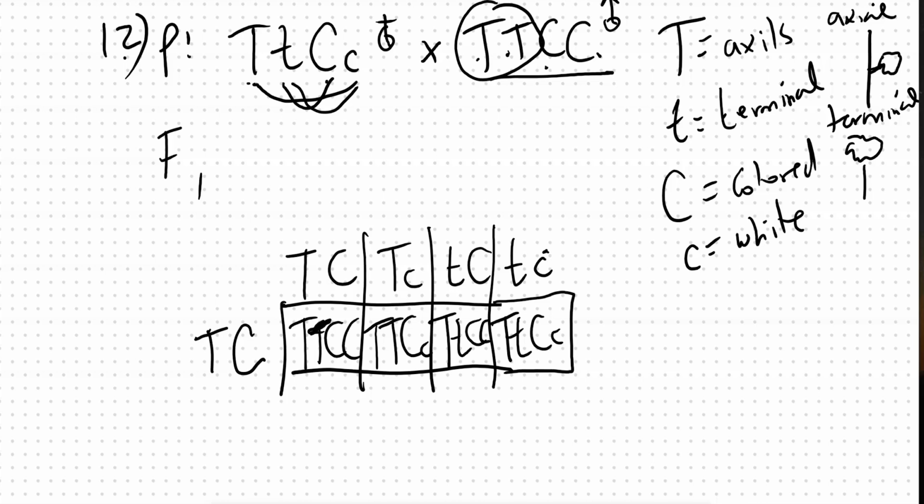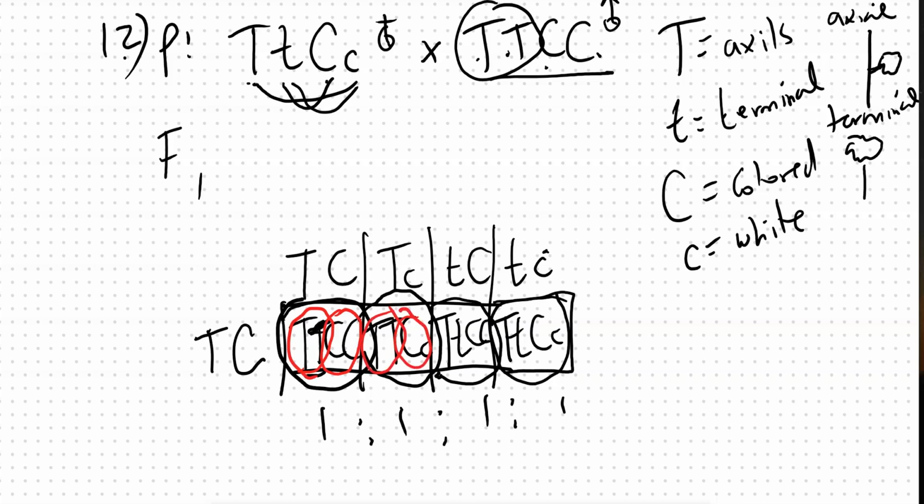So here are the genotype ratios. One of these, big T, big C, big C. One of these, big T, big C, little c. One of these, big T, little t, big C, and then big T, big C, little c. So it's a 1 to 1 to 1 to 1 genotype ratio. And then for phenotype, well, this is going to be axial and colored, axial, colored, axial, colored, and axial colored. So 100%